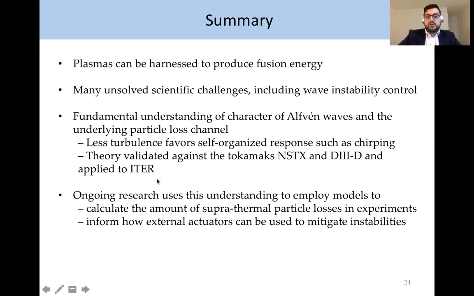And the ongoing research that this finding opened up is to try to understand and employ models not only to predict the character of the nonlinear Alfvénic evolution, but also to go one step further and calculate the amount of suprathermal particles being lost in experiments, and also to use external actuators such as waves or injection of particles to mitigate those